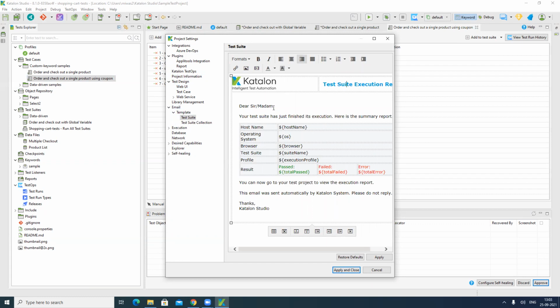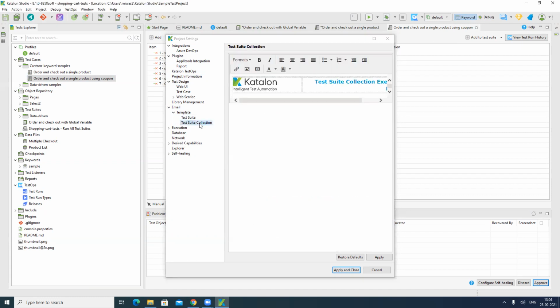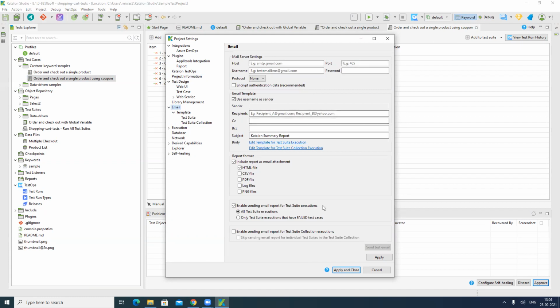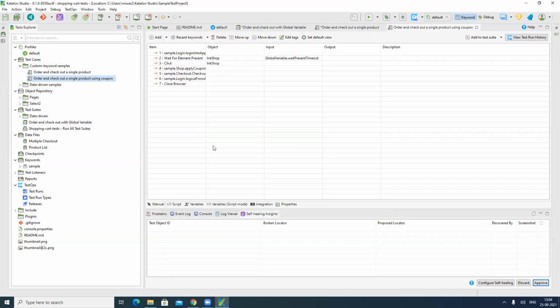You can manage and customize it, write based on your requirement, and you can particularly set a template for yourself. You can always do that for the test suite collection as well. So this will be the template for how and in which format you want to send your test report results to your management, and the settings you can do with the email. Okay. So that's the project setting that we can do, and it's very useful to achieve complete automation testing.